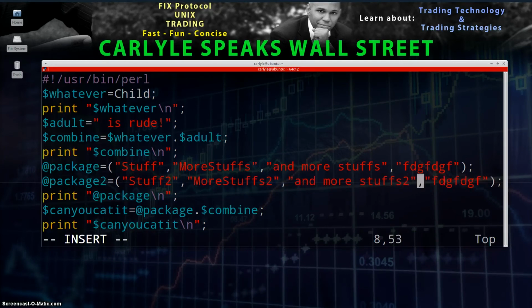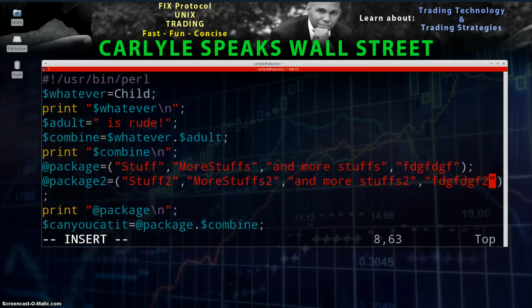It would be interesting to do a script where you could alternate between both arrays. That's an interesting homework assignment. See if you guys can come up with a script that does that. I think that'd be kind of cool and a nice little challenge. A script that alternates between 2 arrays. So the result of the script is stuff, more stuff 2, and more stuffs, and then that. So that should be very interesting to figure out how you're going to do that. I know that I have a couple ideas. One of the ways I know you can